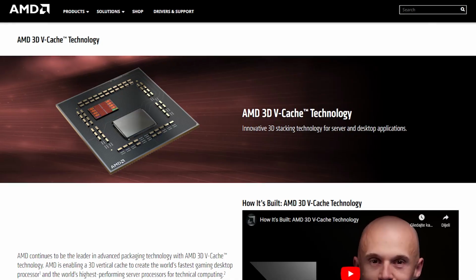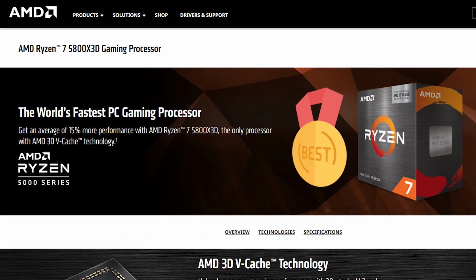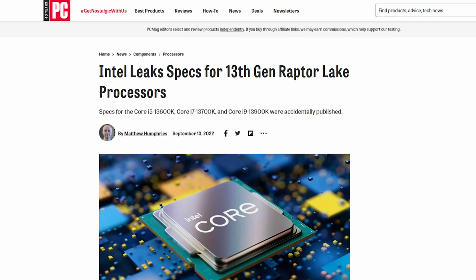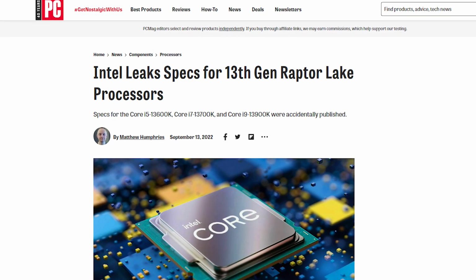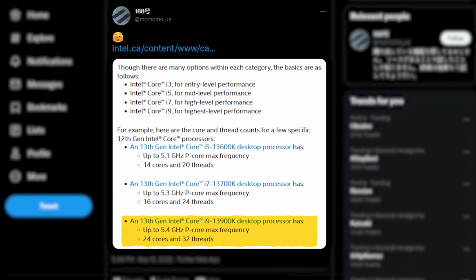As of now, because of the 3D V-Cache, the 5800X 3D is the fastest gaming CPU. Continuing with that success, a 7800X 3D may be AMD's hidden ace against Intel's upcoming 13th gen CPUs. I am sure people would like to see a battle between a 7800X 3D and the upcoming 13900K, which brings us